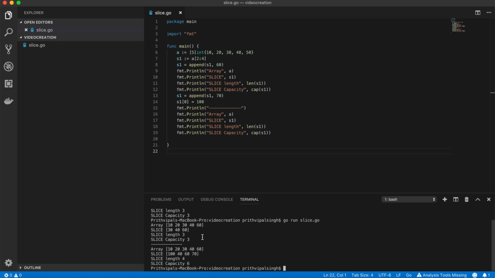So length of new array is 6. This is the reason the slice capacity is 6, and this is straightforward. Length is 4 because it was earlier 3 and now it is 4. It is very simple again that we have added new value 70 and we just updated new value to